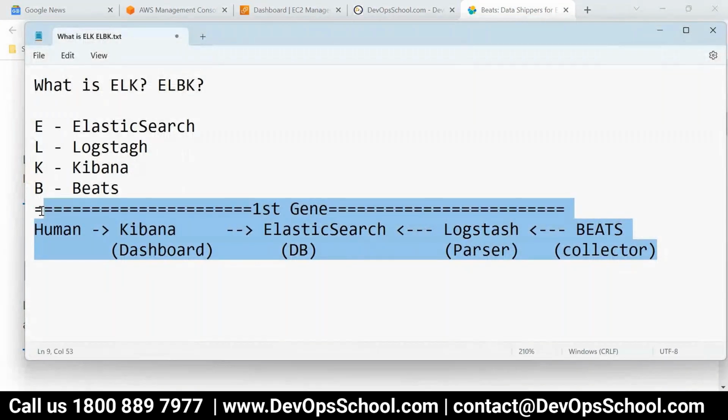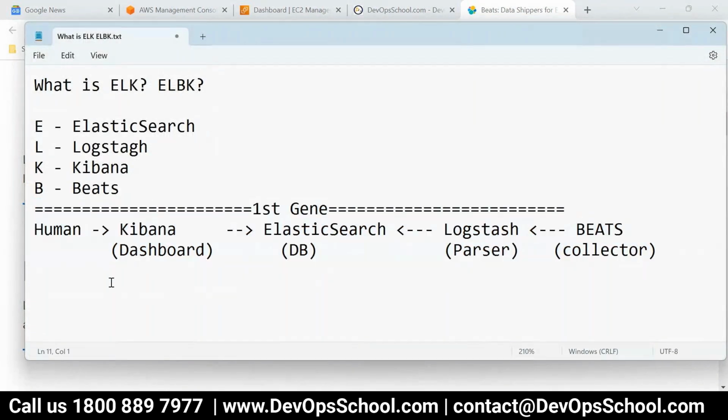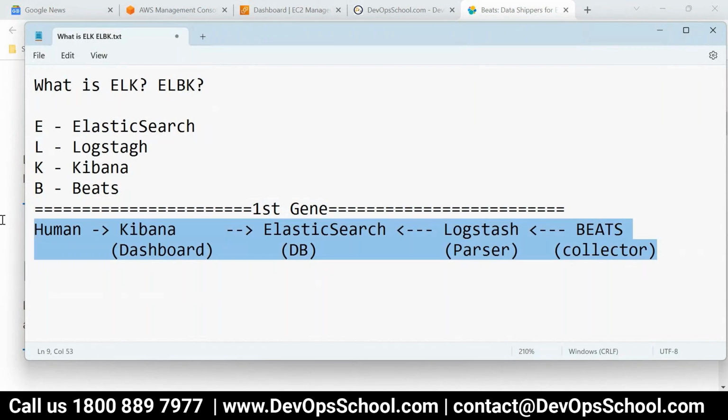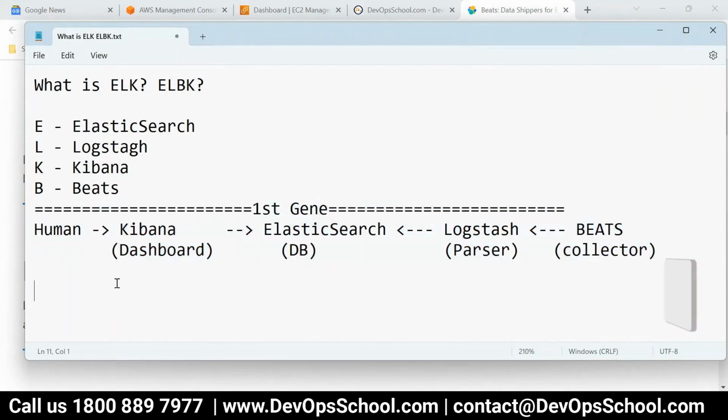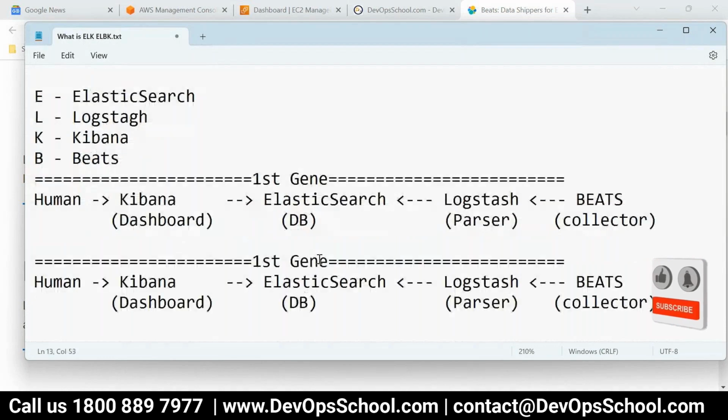So this was the first generation. That means I've been using this combination for the last 10 years. But you know what? Elastic has changed a lot from now. I mean, if you see the latest version, Elastic has changed. So what they have,